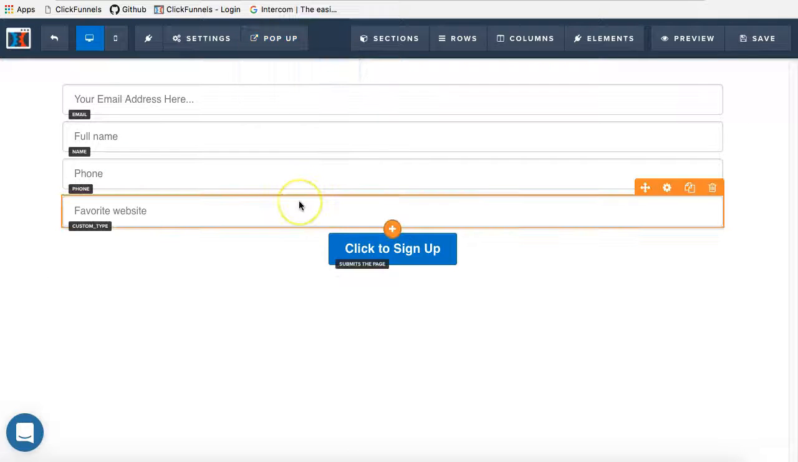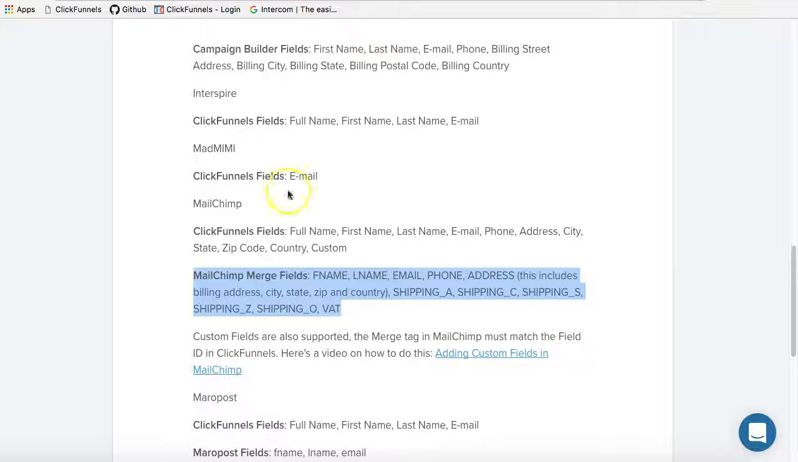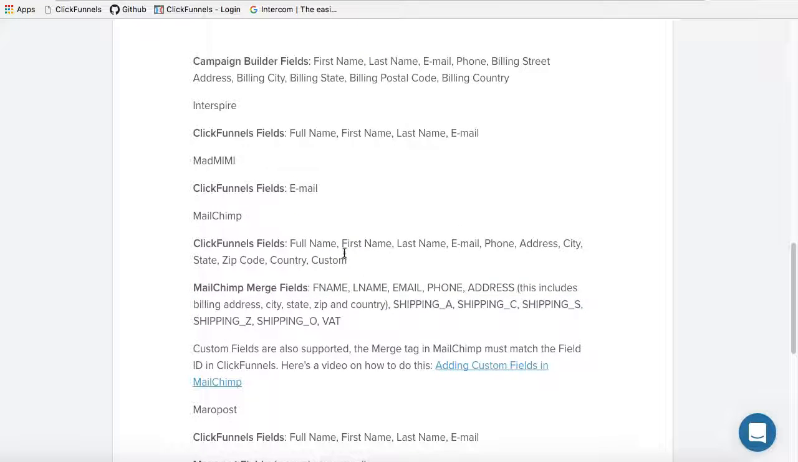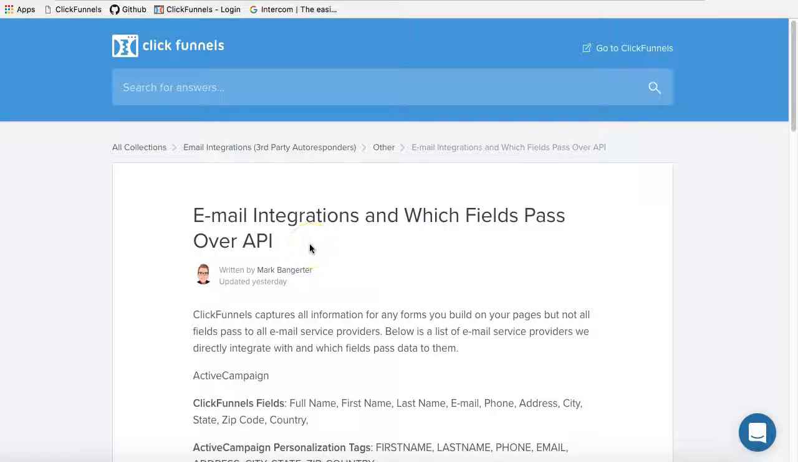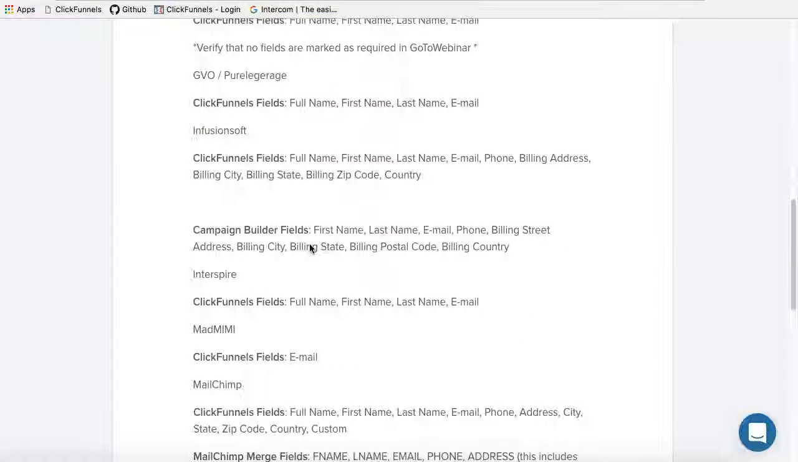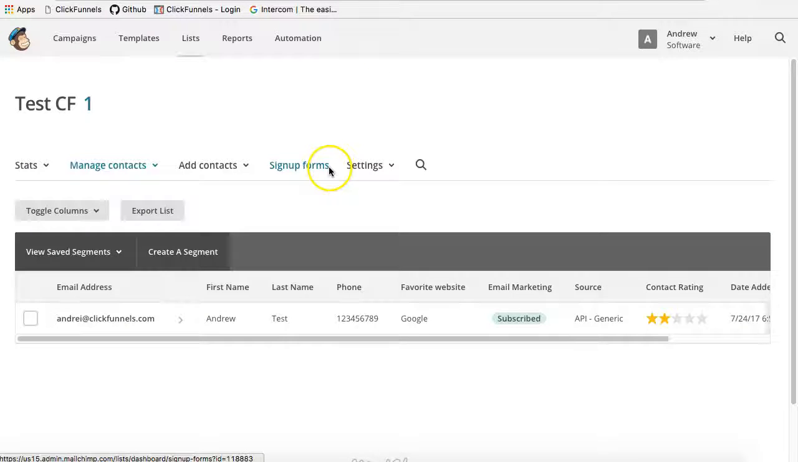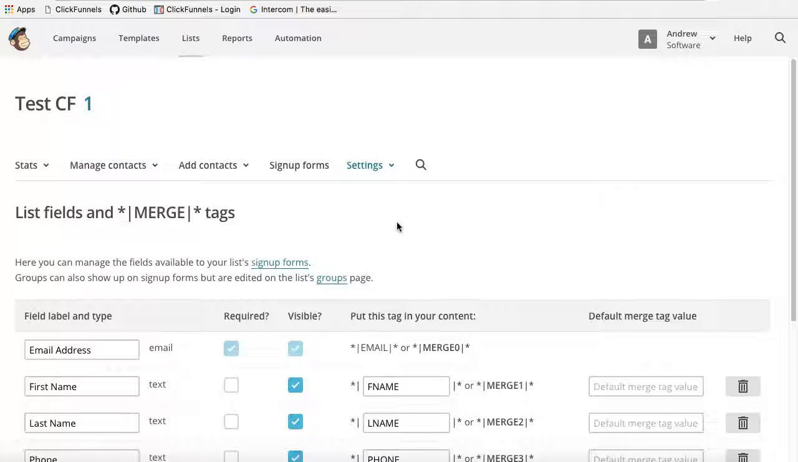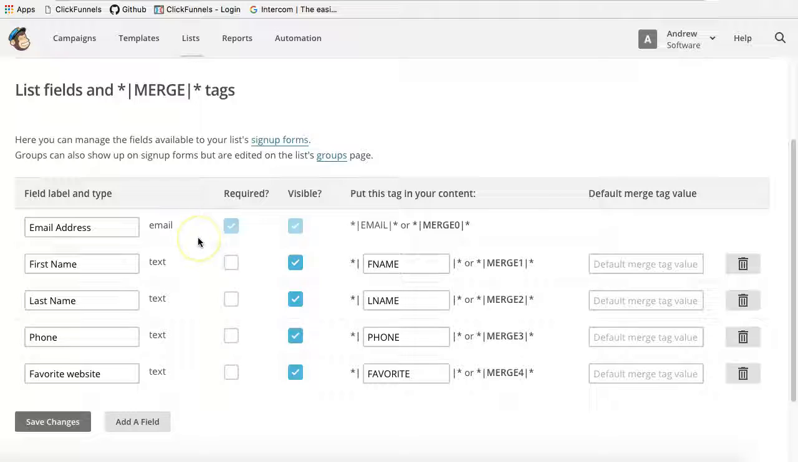So to quickly recap, what you have to do is to set up an opt-in page with the input forms that you want to gather. If you want to add any input forms, please make sure that they pass through API to Mailchimp in the article called Email Integration and which fields pass over API. After that, if you have not created a list for it in Mailchimp, you will have to create one, and you will have to set up the list fields and merge tags in the settings for this particular list, and you will have to create the list fields